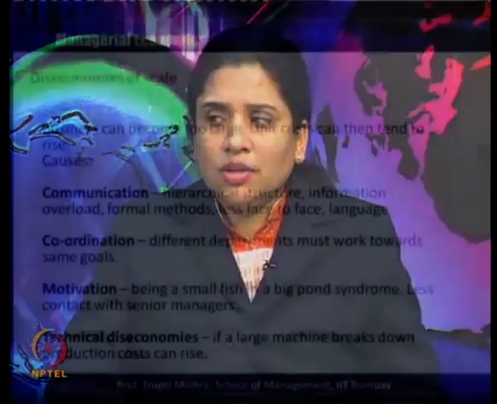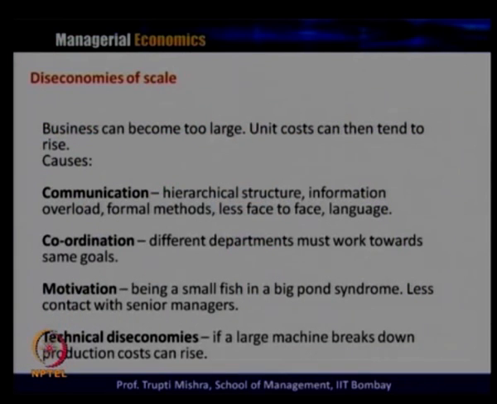So that brings the limits to economies of scale, and there the diseconomies of scale generally start. A business can be too large, and unit cost can then tend to rise, because the causes are communication, maybe the hierarchical structure, information overload, formal methods, less face to face contact, language, and coordination. Different departments must work towards the